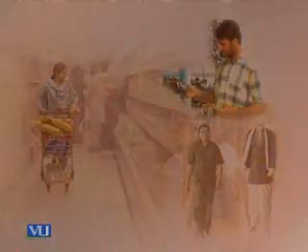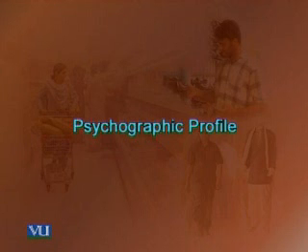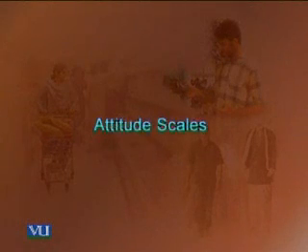So closely aligned with the psychographic segmentation is psychological research that measures personality as well as attitude of the people. Psychographical profile of a consumer consists of their activities, interests, and opinions. And psychographic profiles can be constituted by using the activities, interests, and opinion inventories. When I talk about the psychographical inventories, I would like to remind you about the attitude scales that we studied in a previous lecture. They may be a semantic differential scale or a Likert scale.